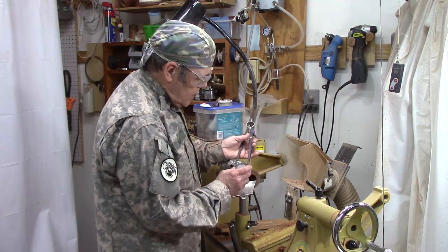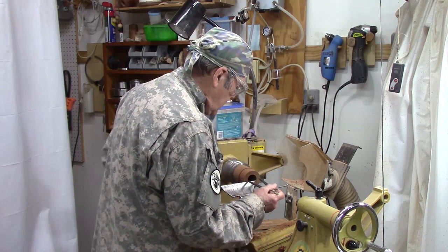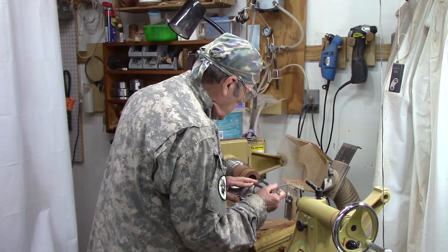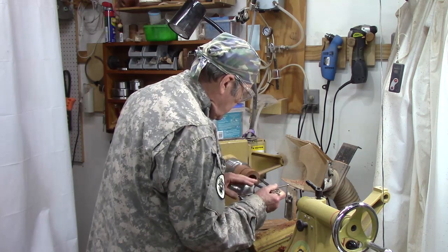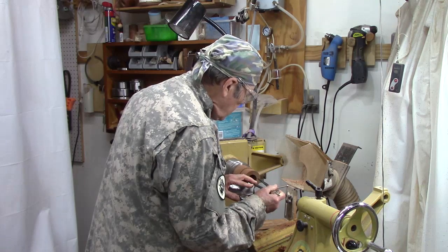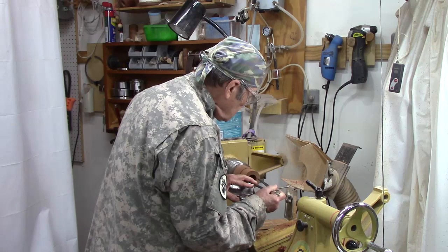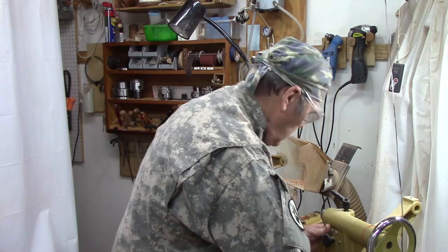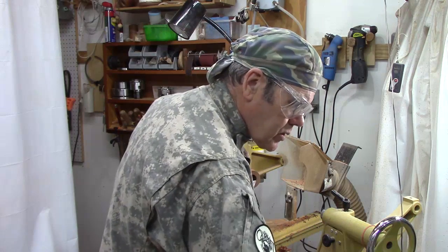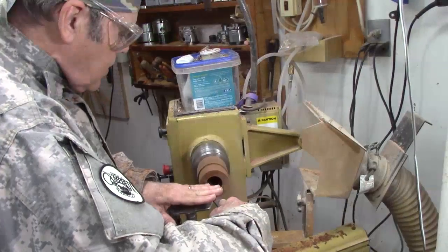Okay, so I've measured the driver with these calipers, and I'm going to just go ahead and mark, being a little bit conservative here, touching this edge and this edge, trying to get it to match that hole. And there we've got it. Now we're going to use a box scraper and size that. Okay, so now I'm just going